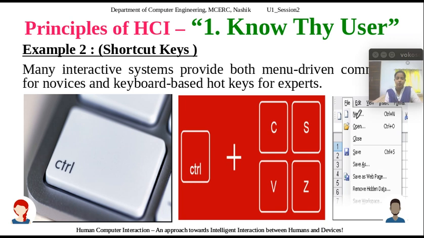So we have seen two examples in universal usability. First is Wikipedia, a very popular example. Second is the shortcut keys. Okay, moving on,